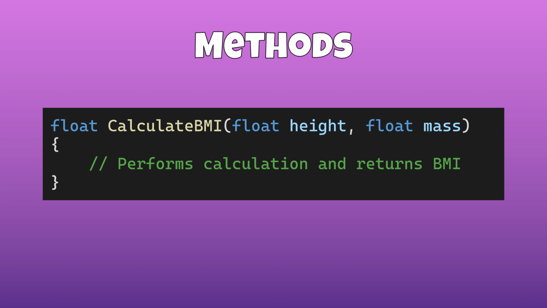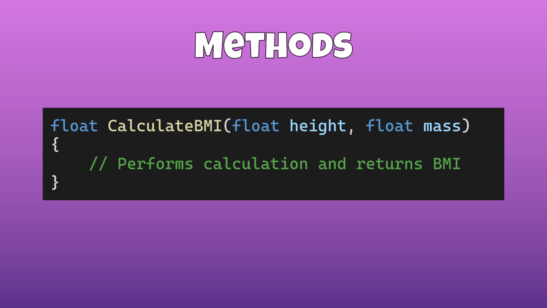We can now see in the console that the result of the addition is displayed. When a method is called, you can specify which parameter you want to pass the value to. In this way, it is no longer necessary to respect the order of the parameters, as each value is given a name. For example, we could have a method that calculates body mass index and takes two parameters, height and mass. When you call this method, you should pass the height first, then the mass second, since this is the order in which they were declared, or at least the order in which they were written when the method was declared.